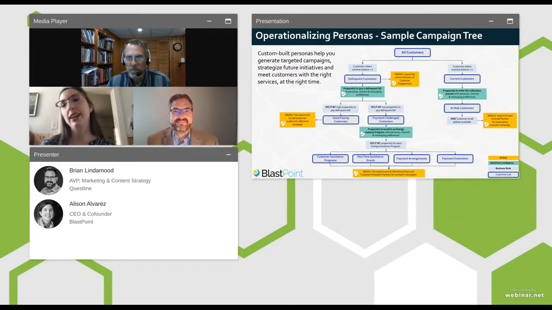Just thinking about operationalizing this, like putting this data to work for you. I know this tree looks crazy, but it actually shows how one of our customers is in real life using AI-driven personas to manage how they relate to customers. So every single one of those yellow boxes is basically that end action level. So they're building lists of customers based on what they need, and they're going out and proactively communicating with them. If you think about people struggling to pay their bills, there's a point where they owe you enough money that they're going to stop talking to you.